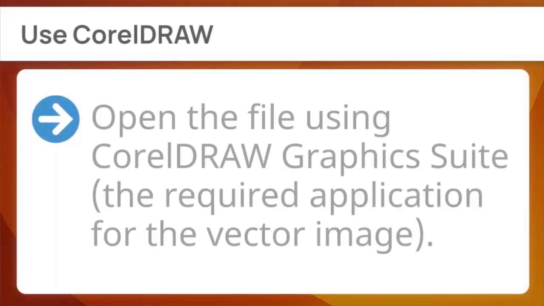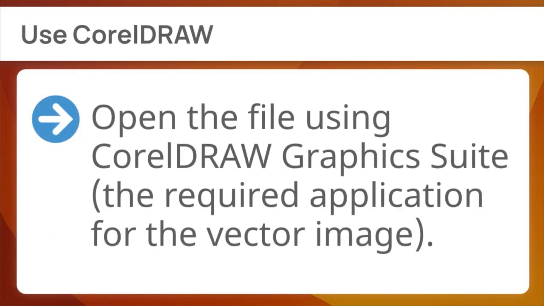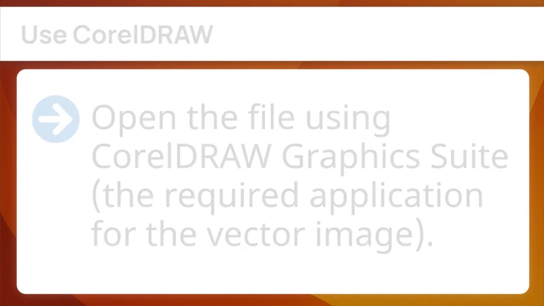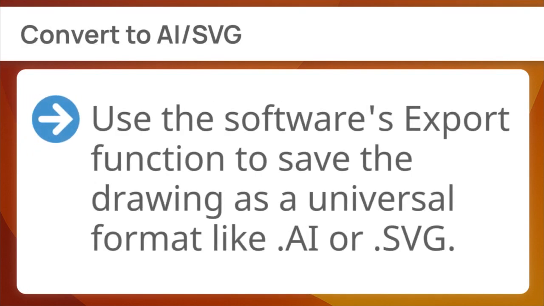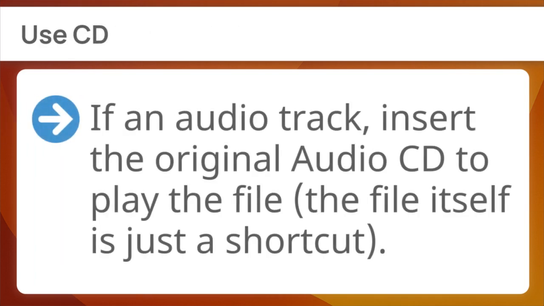First, use CorelDRAW. Open the file using CorelDRAW Graphics Suite, the required application for the vector image. Next, convert to AI or SVG. Use the software's export function to save the drawing as a universal format like .ai or .svg. Finally, use CD. If an audio track, insert the original audio CD to play; the file itself is just a